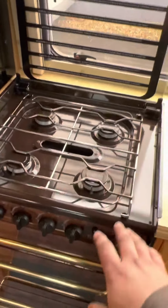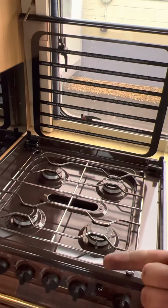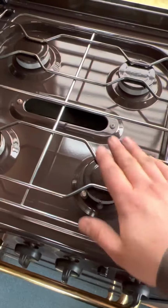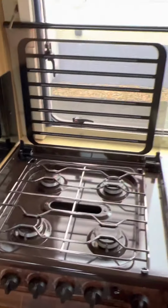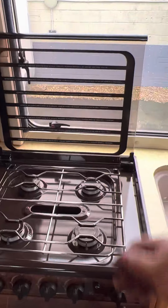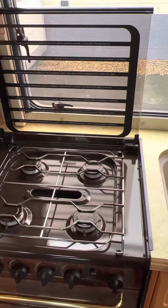It does say on here, but I will just tell you anyway, if you've got any of these lit, obviously do not put the glass down when it's actually lit, but also make sure that you don't put it down too quickly after you've turned them off, because you'd be surprised how much heat they still project after you've turned these off. The grill as well, if you've had the grill on for a little bit, don't put the lid down straight away, because the grill vents out through this hole. So if you imagine the glass is cold on the top and hot underneath, it will just shatter. So just make sure that you leave it up until this is all cooled down, and then put it down afterwards. It's not the end of the world if that does happen, it's just obviously annoying to have to get hold of some new glass. So anyway,